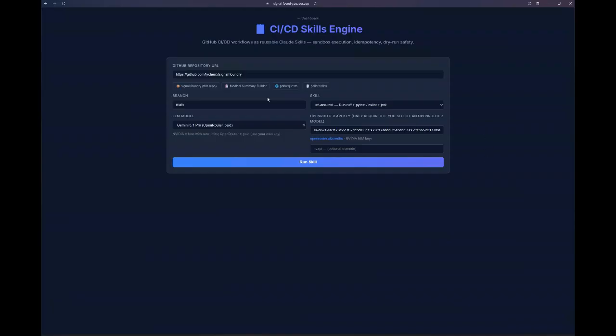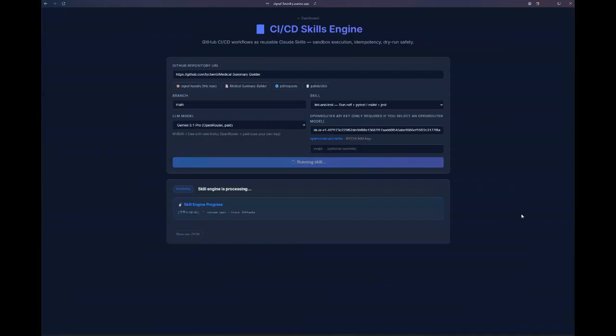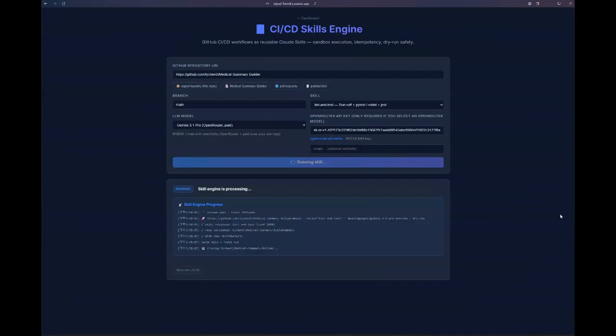So for the first thing, maybe I can use another public repo here. This is another repo that I built, and let's use the lint and test skill on the real repository. So let me hit the run. As I hit the run, let me explain the